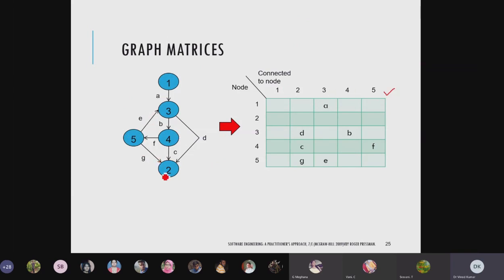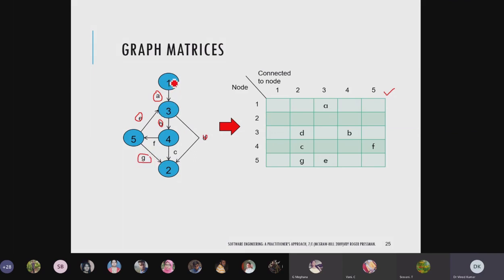So how will we do it? How many nodes are there? We will write 1 up to 5, and the same thing here. So it will be a square matrix. In this we take the nodes and the nodes connected to them, and how the connection is. You can see here, if I say 1 2 3, these values are nothing but the weights.